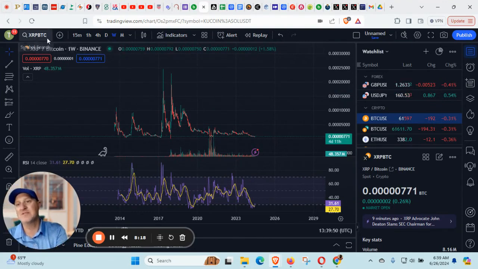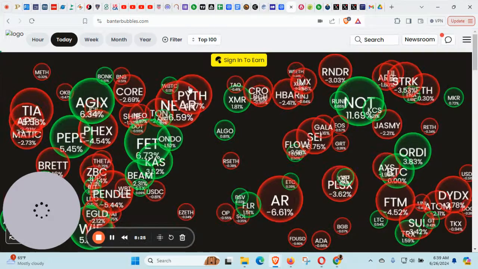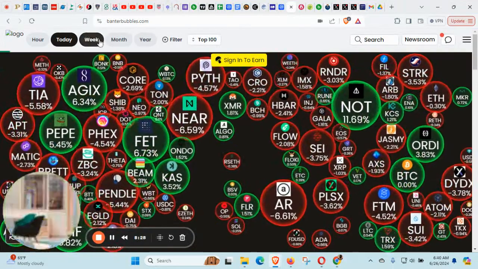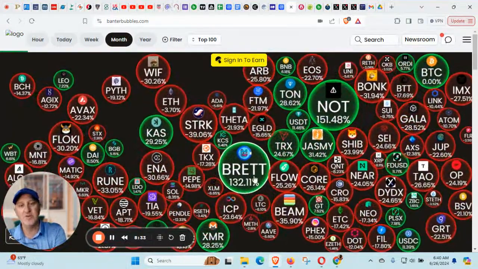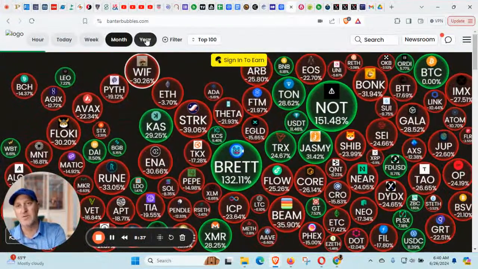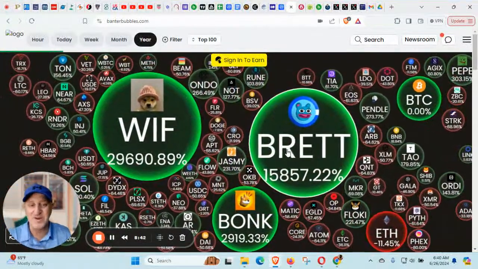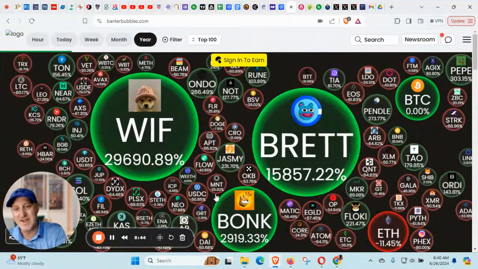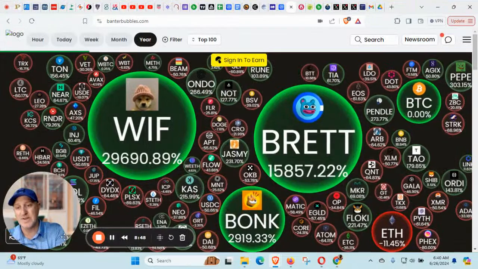There are other coins against Bitcoin that have performed really, really well. And if we go to here, these are all the coins against the Bitcoin pairing. I've already set it up this way. These are coins that are not against USDT. These are not their gains against USDT, but their gains against Bitcoin. Casper, for an example, is a great token to be in. And of course, are we not surprised that Brett and Bonk are the coins at top, because it has been a bit of a meme coin cycle.